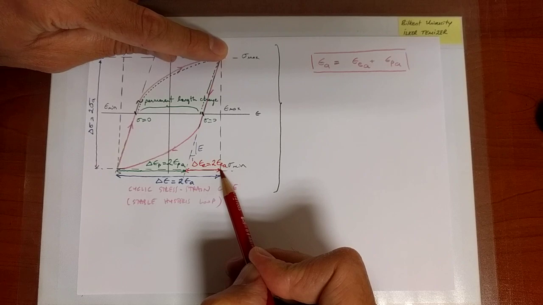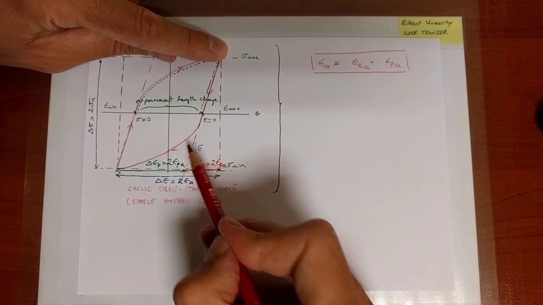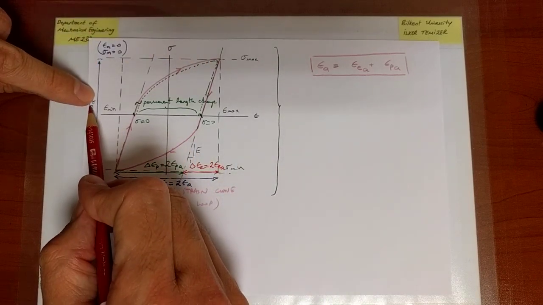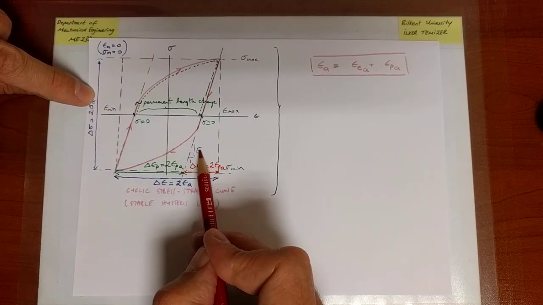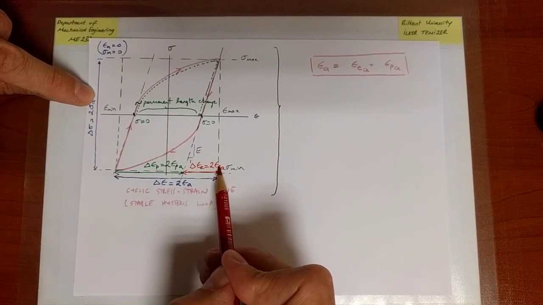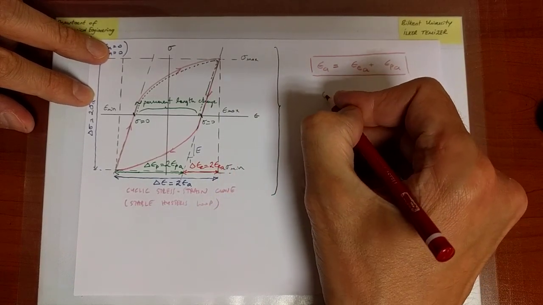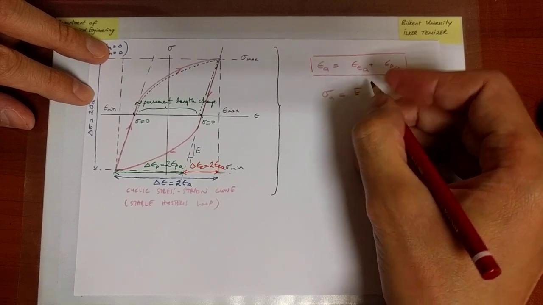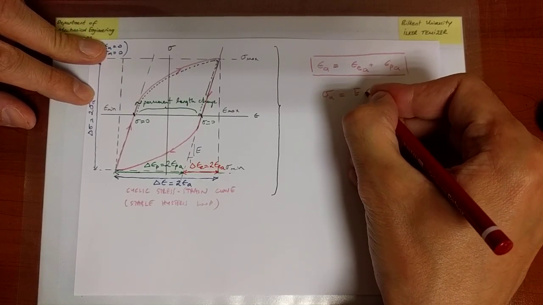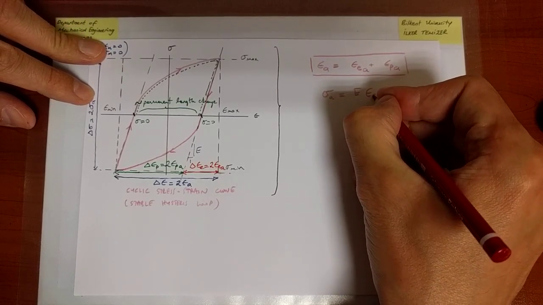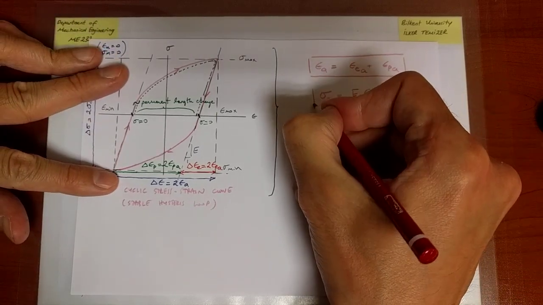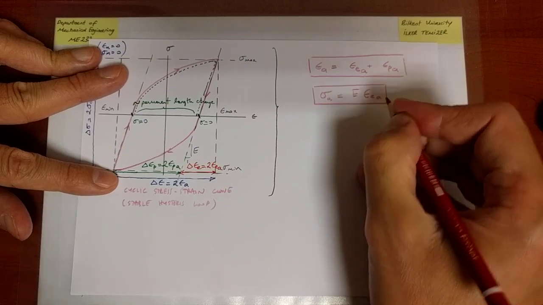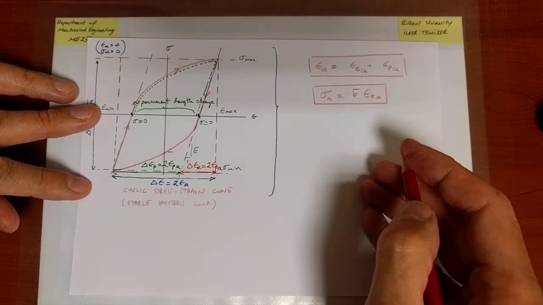Therefore, that must be this multiplying the slope. So in other words, twice sigma A is equal to E times twice epsilon EA. Or in other words, the alternating stress is equal to simply the Young's modulus times the elastic alternating strain. So this is the second relation that we find,